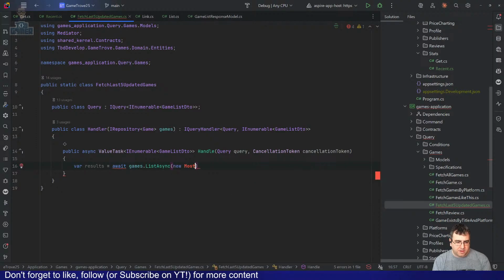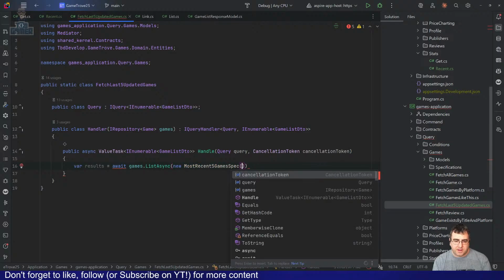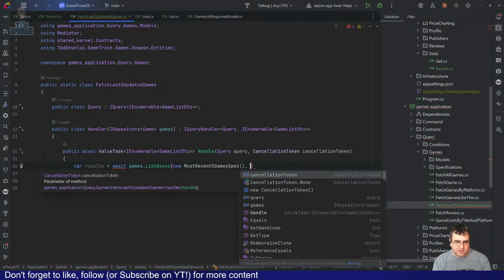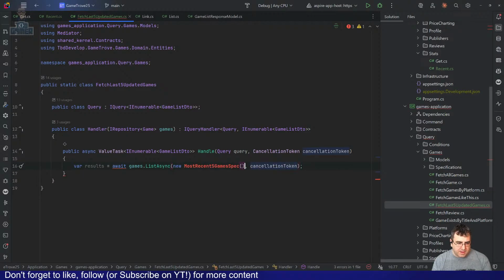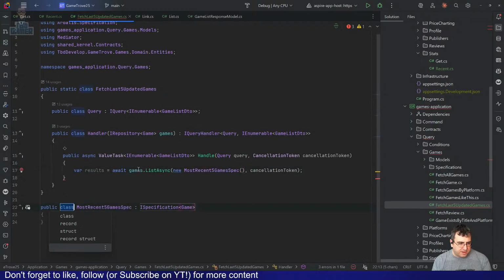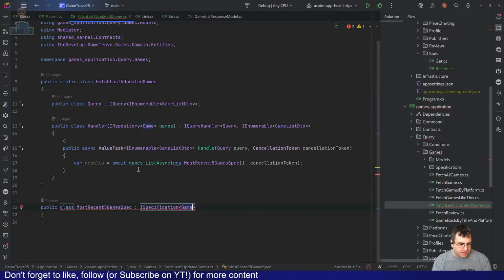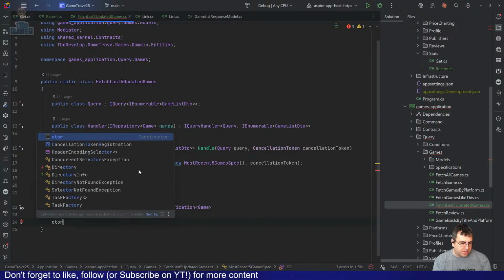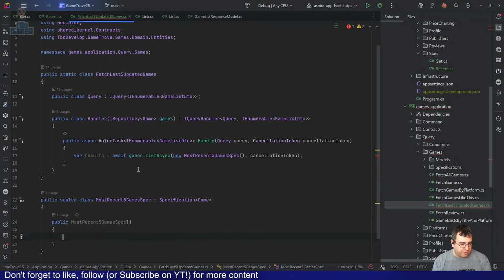Most recent 5 games spec, selection token. Yeah, I have opinions. It is fine. You know, what is achievable? I don't know, but I think it should be strived for.